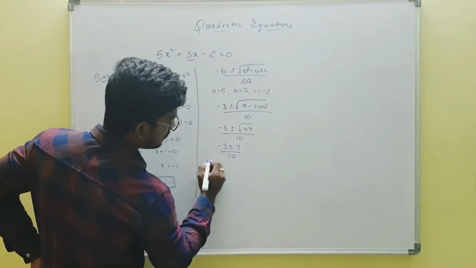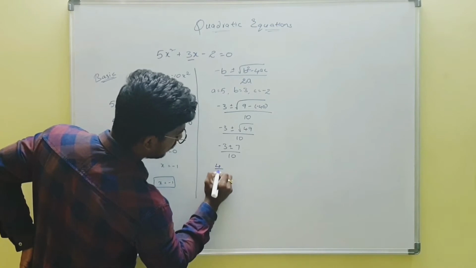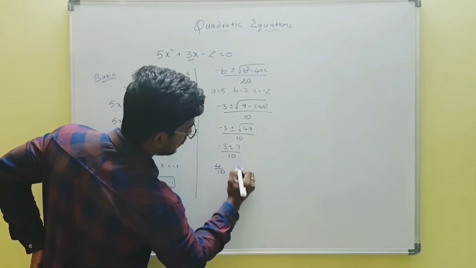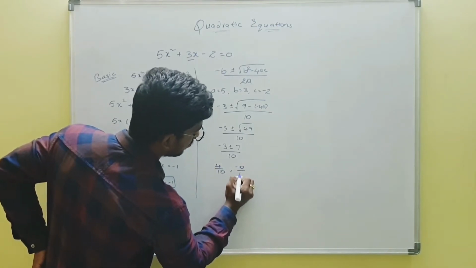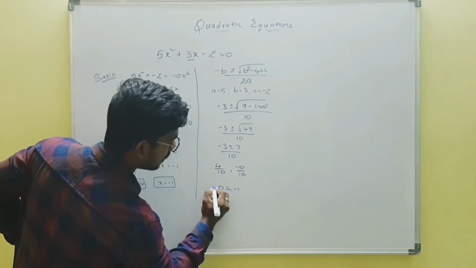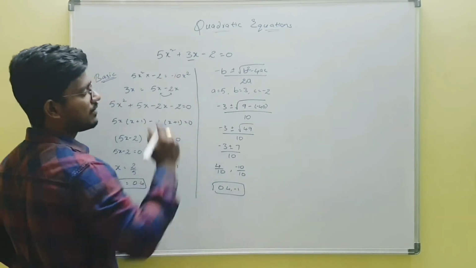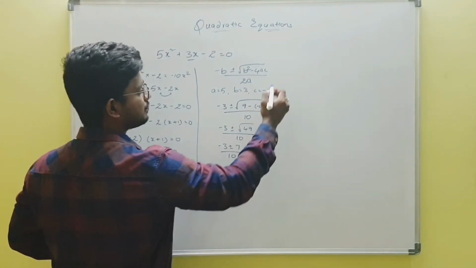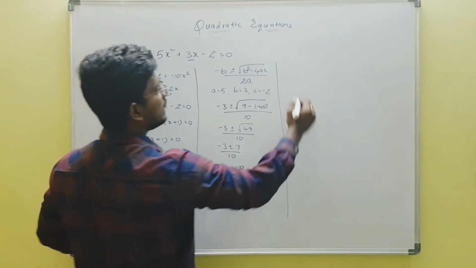If I take plus 7, I get 4 by 10. And if I take minus 7, I get minus 10 by 10. Therefore, I obtain 0.4 and minus 1 as the roots of this equation. This is the formula method. And the shortcut is,